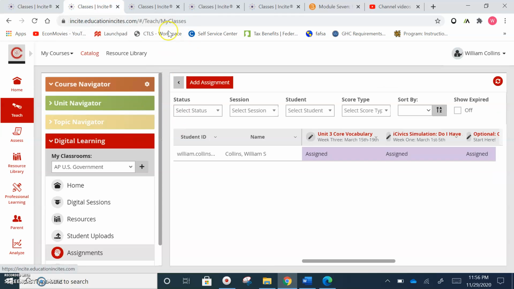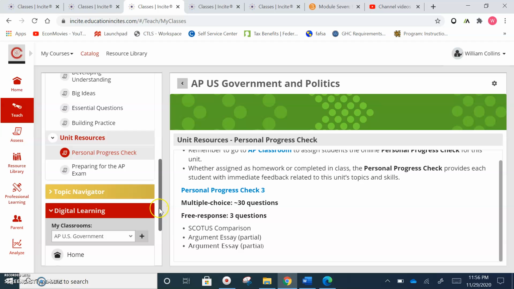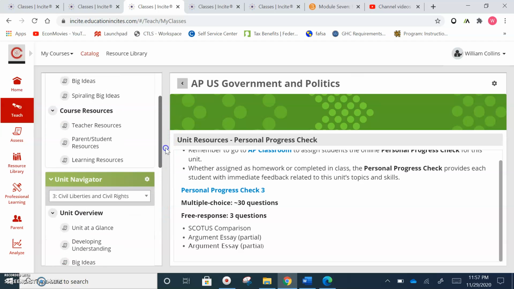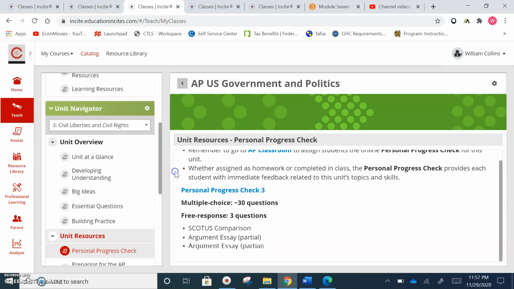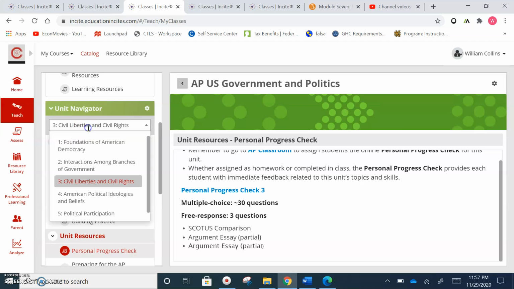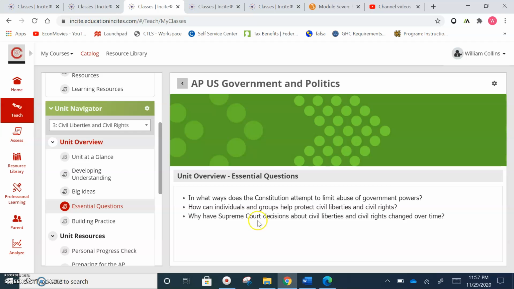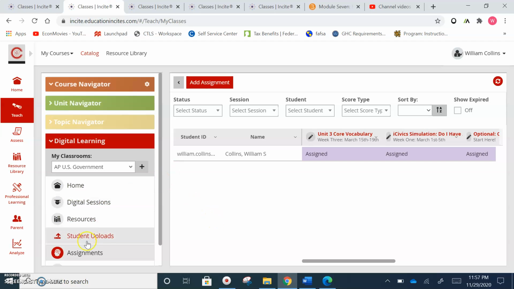Another great thing about CTLS is that on the home page, it offers a great deal of information about the course. It breaks down the framework of what students are doing. Students and myself as a teacher, I'm able to click on the unit that we're studying. They are able to see the essential questions, which are repeated in the syllabus that students receive. The assignments that are in CTLS,